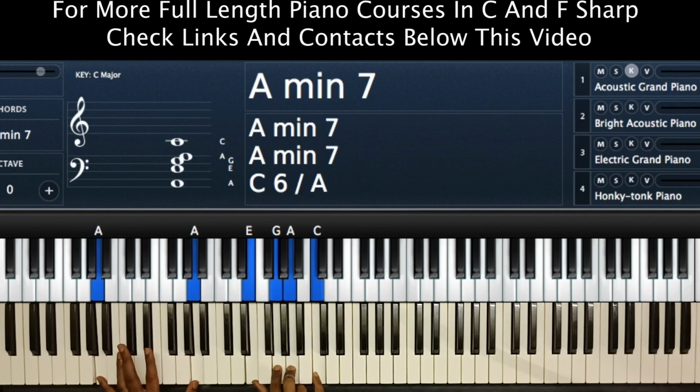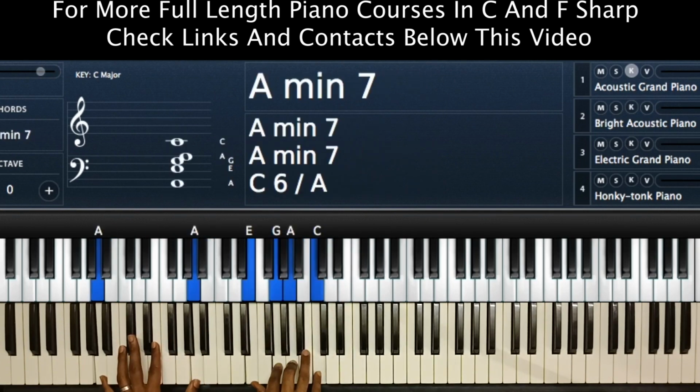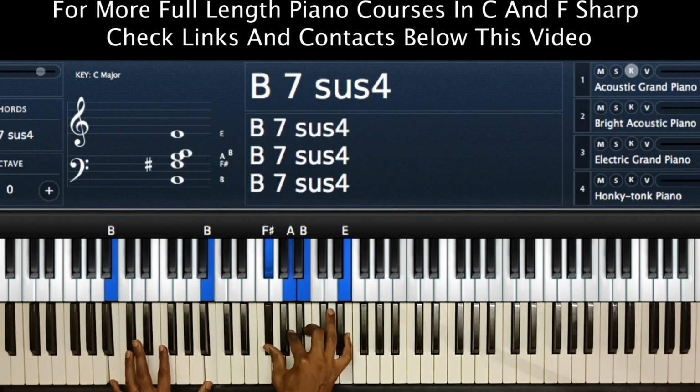And then on the A minor 7th. 7, 3, 6. 7,